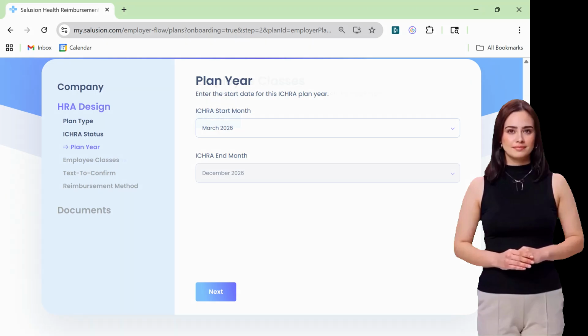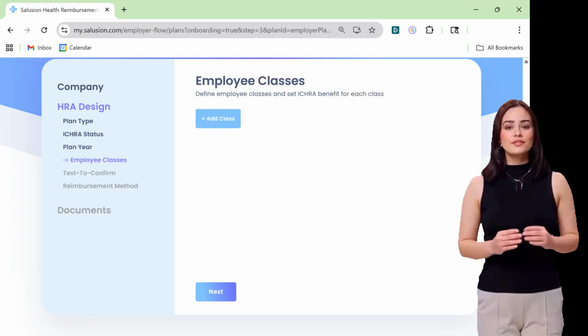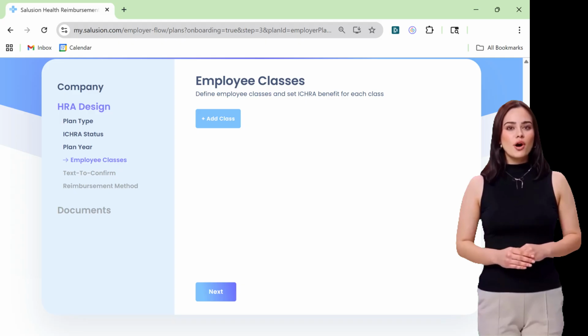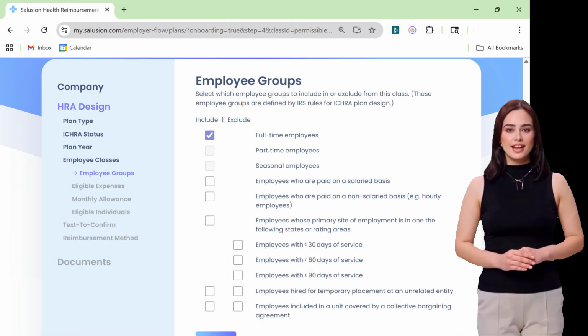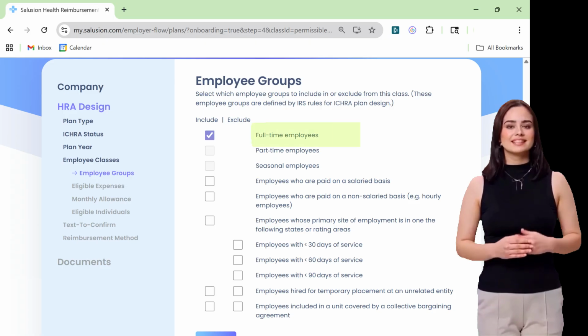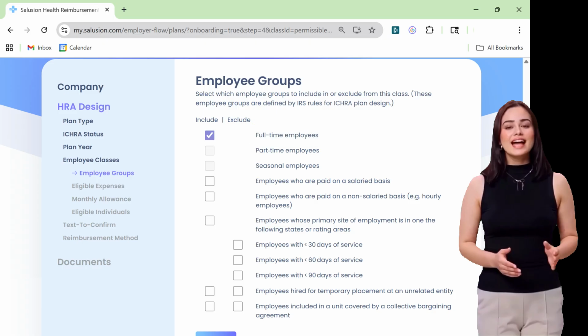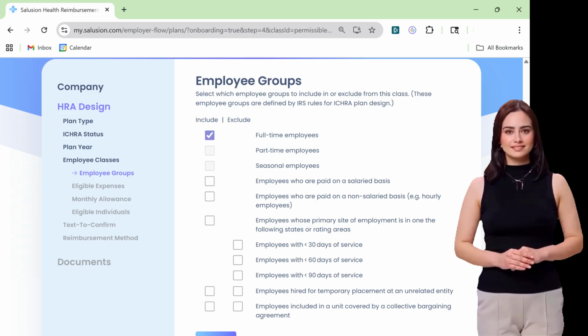follow the calendar year. The way an ICHRA works is that you define a class of employees, and then you offer that class of employees an ICHRA benefit. You can have multiple classes as long as they're distinct, and you can offer a different ICHRA benefit to each class. The IRS gives you 10 different categories of employees from which to build a class. Typically, employers start by selecting full-time employees. They then have the ability to narrow the scope of that class. Most commonly, they specify that employees are salaried or non-salaried, or limit the class based on the employee's primary site